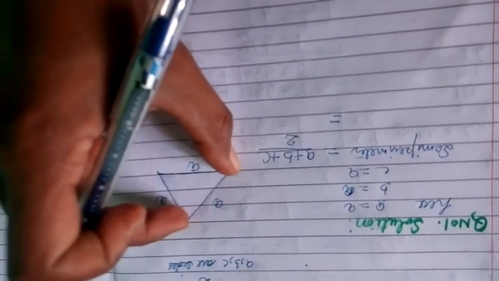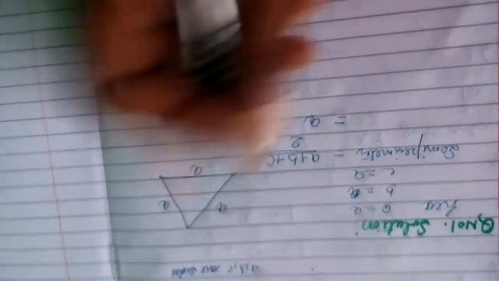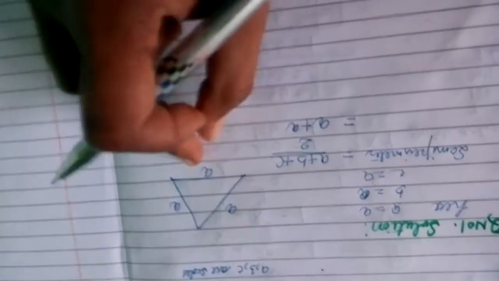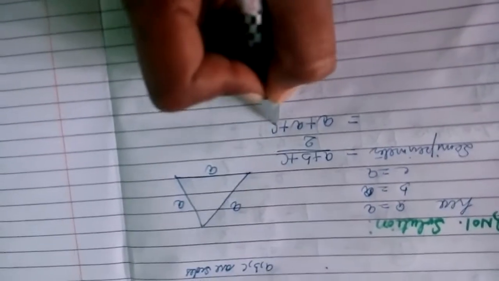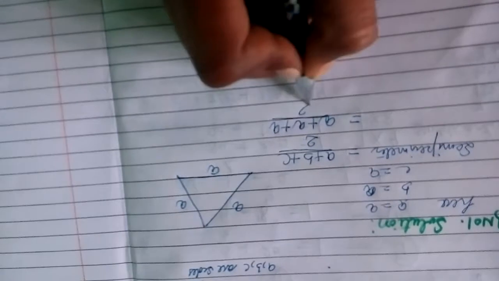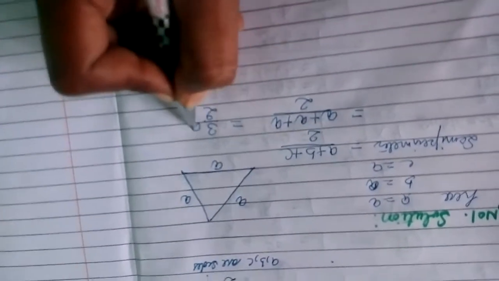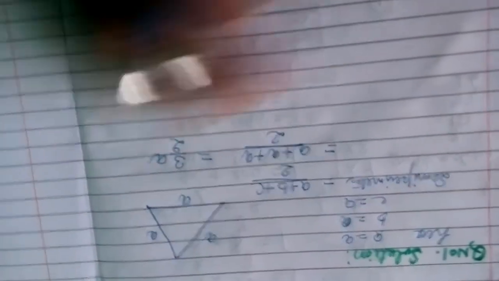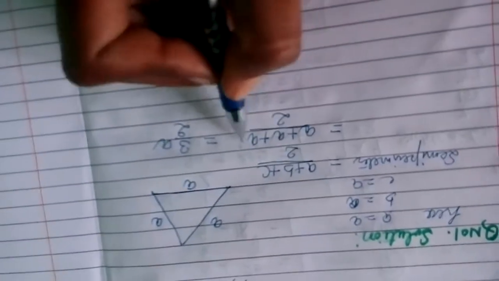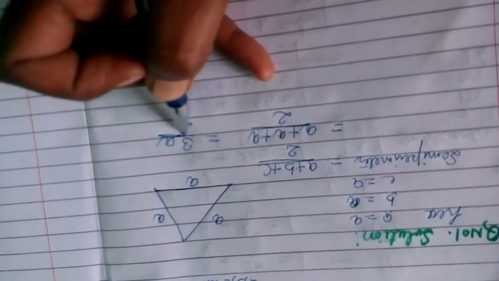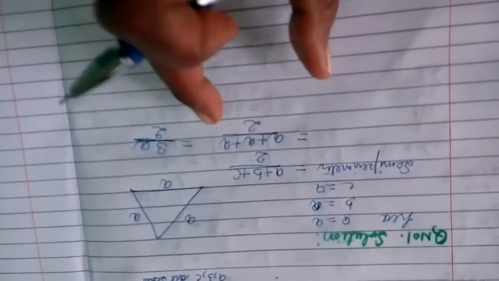That means what is the length of this side? This is a. What is the length of this side? This is also a. And what is the length of this side? This is also a, upon 2. So from here you get the value as 3 by 2 a. This is the semi perimeter. Okay, a plus a plus a is 3a, so 3a upon 2. This is the semi perimeter. Now